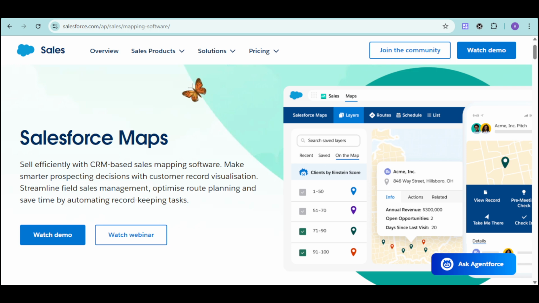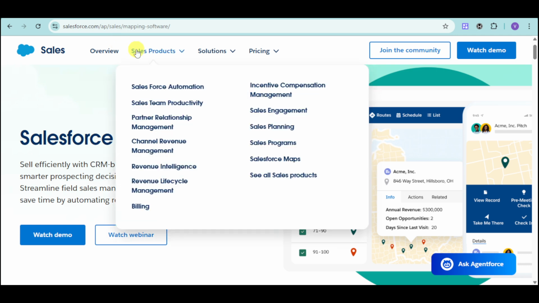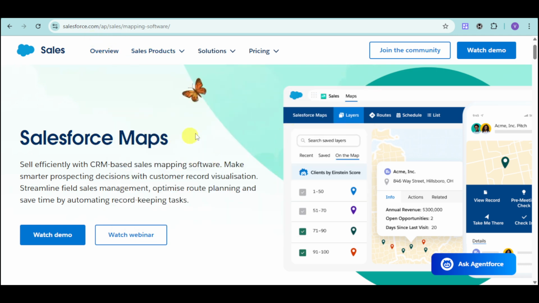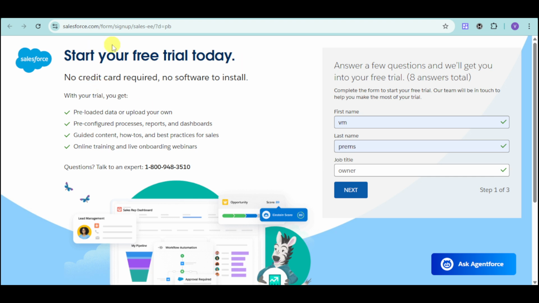In this tutorial, we'll walk you through setting up Salesforce Maps and visualizing your CRM data geographically. So first things first, head over to their website, which is salesforce.com. Just look for the solution or their mapping software in there. You can also ask for a Sales Cloud free trial by going to this link right here, which is